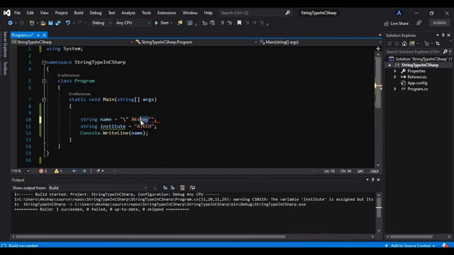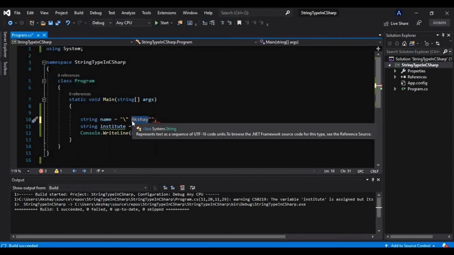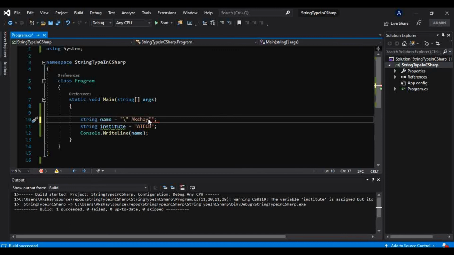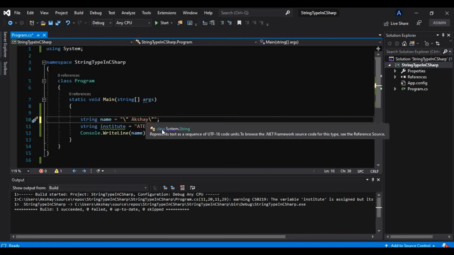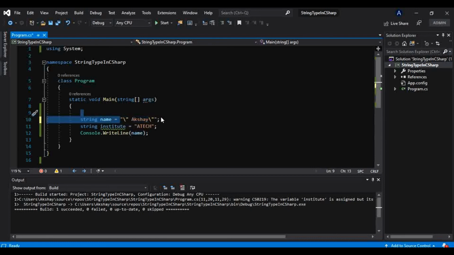Otherwise it will treat this as a normal character and not part of the string. So you can show the double inverted comma by escaping it with this escape sequence. That's how we can print Akshay inside double inverted commas, with the double inverted commas shown as well.